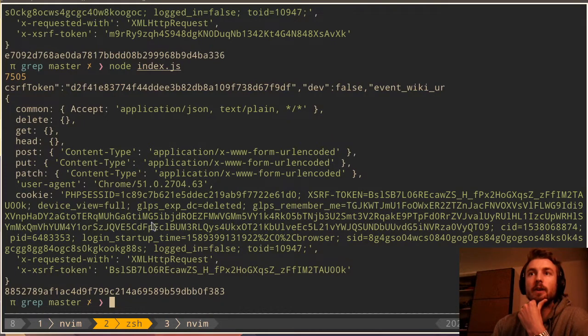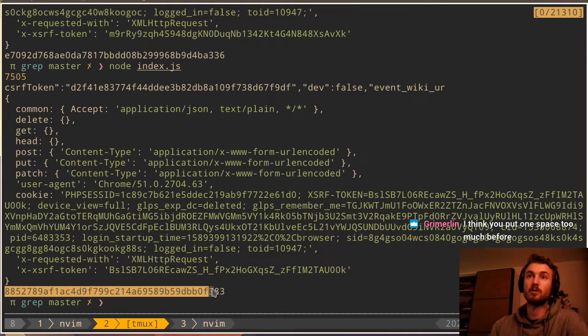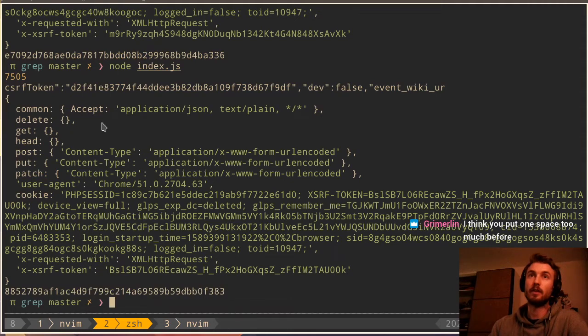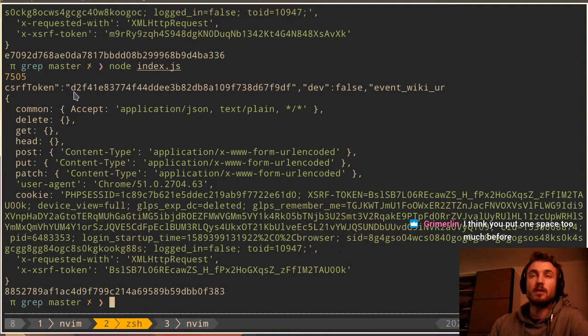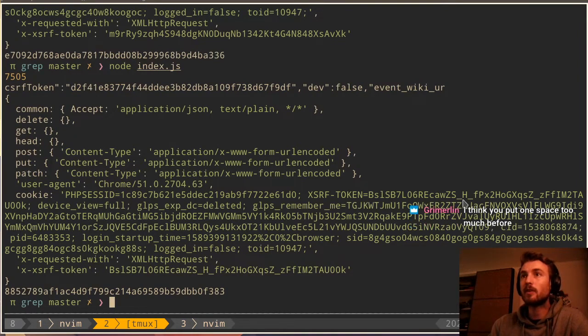Do we have that anywhere? Okay, so right off the start we see that this was the token we already had, which is not this one, right? So yeah, of course it didn't work. So D2F4, maybe we can find that in our cookies somewhere,